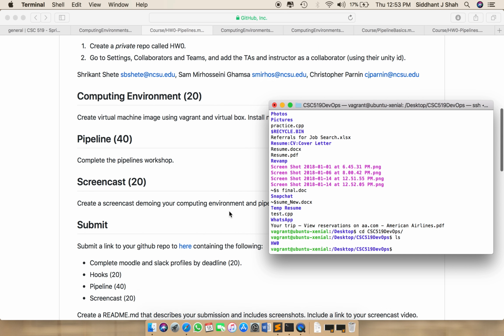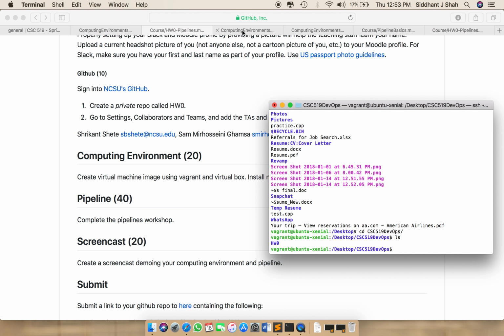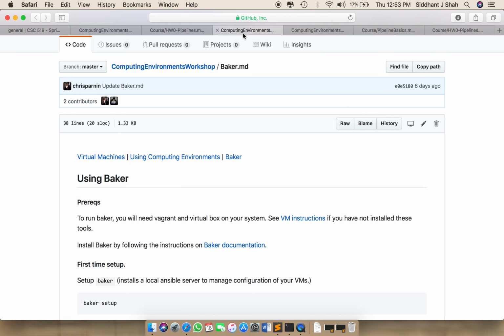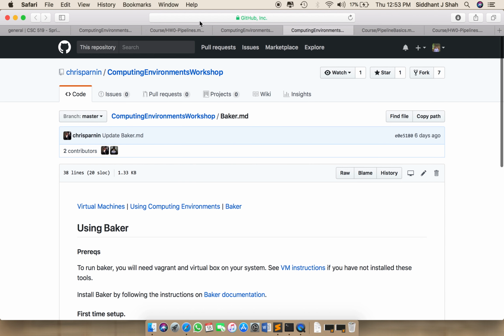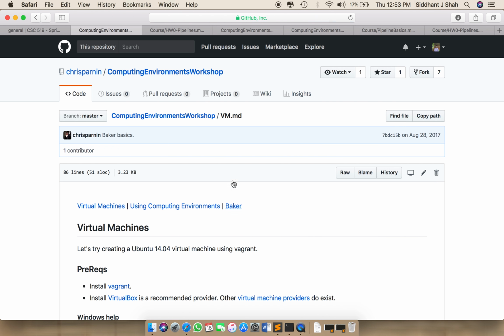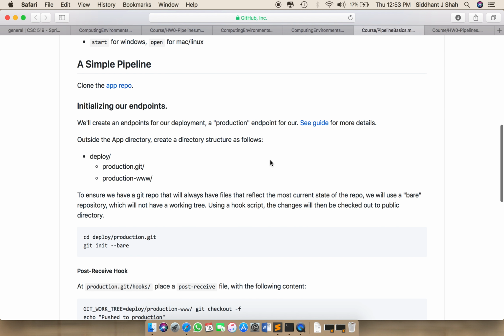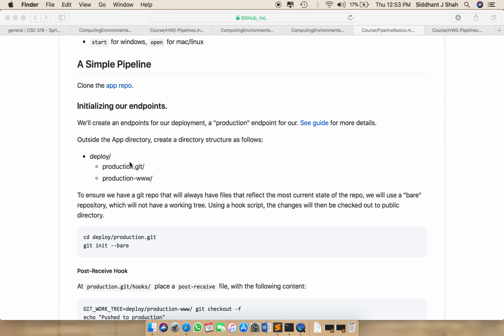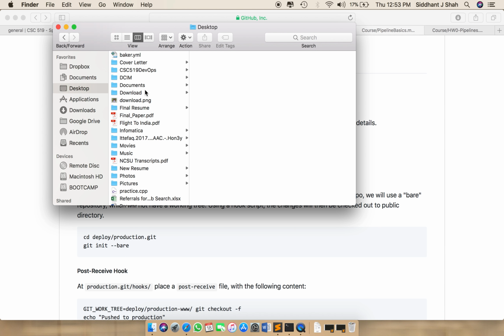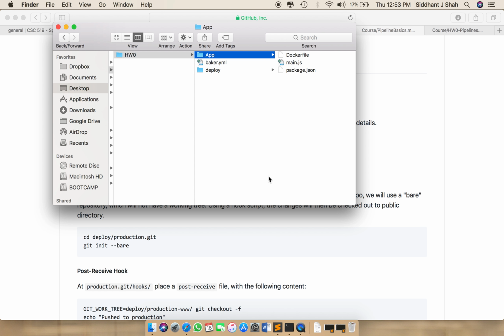Now I will be moving on to our pipeline workshop. In case of our pipeline workshop, we had to clone this particular app repository, which I'll show you where it's cloned. As we see here, our app repository has been cloned with all the files present here, and we also had